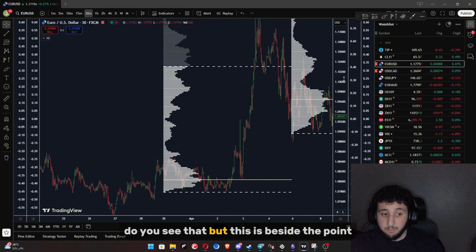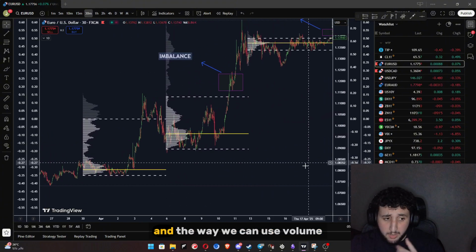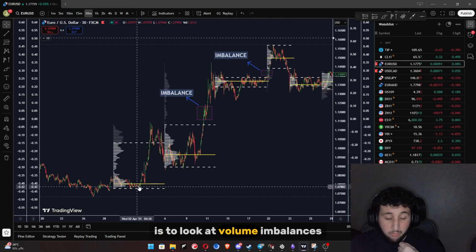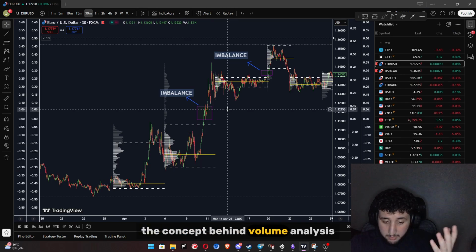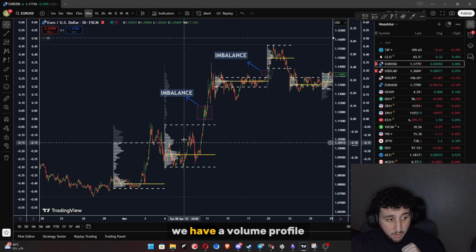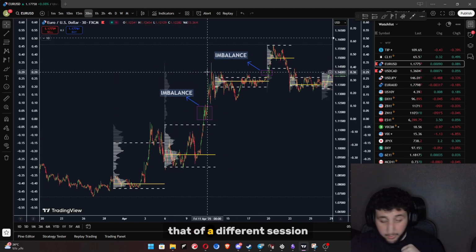You see that? But this is beside the point. What we're here for is how to read market structure, and the way we can use volume to read market structure is to look at volume imbalances. The concept behind volume analysis and market structure is when we have a volume profile of a different session